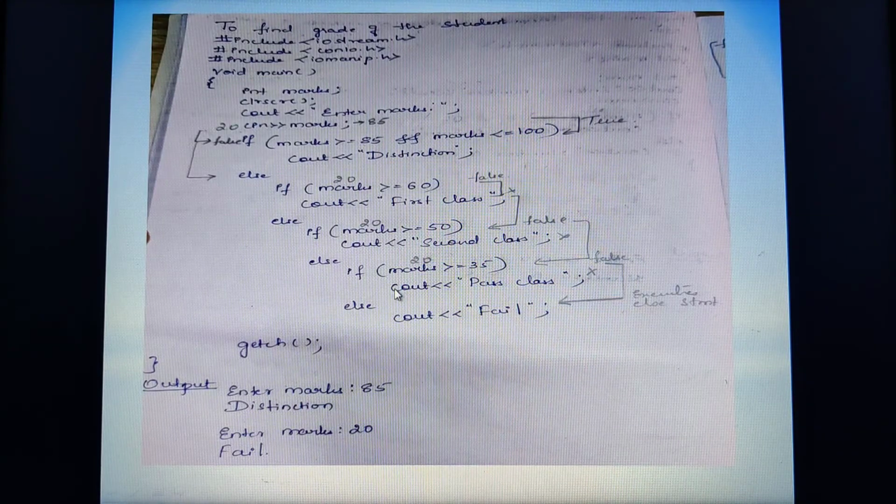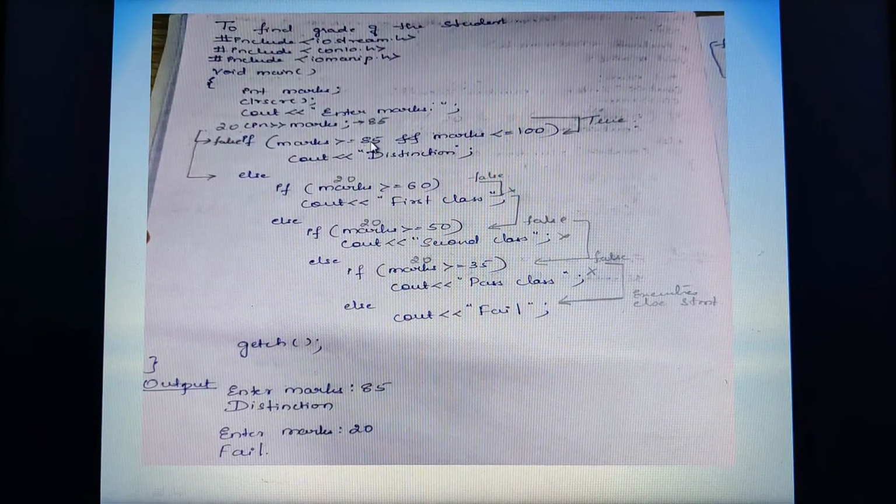Else if, one more we are having, it is condition n we may take, isn't it? If marks is greater than or equal to 35, print pass class. Even if condition n is also not satisfied, then the control goes to the default statement. So as per this program, what is my default statement? That is fail. If the given marks doesn't fall in any of these ranges, the control will directly jump to the default statement, that is fail.